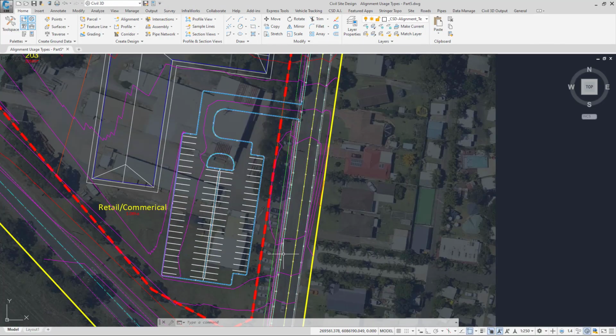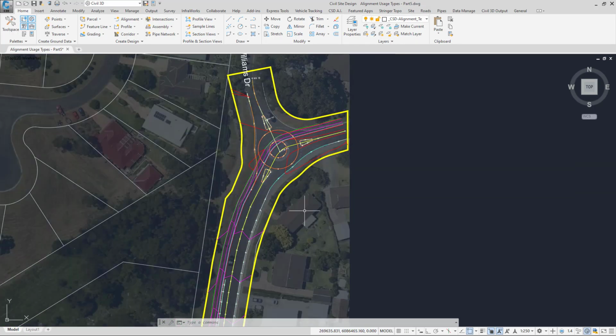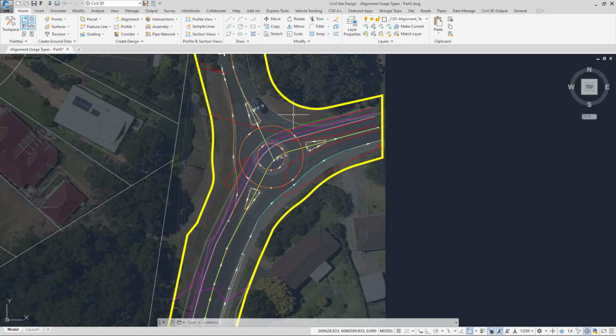So with the car park now created, with the dish and the draped profile string draped onto that particular surface, we're now going to have a look at the north of the project and focus a little bit more on how to use the draped profile string option, which is really designed for islands and roundabouts. Now in this particular scenario we have an intersection, and at the moment we have no road design coming in